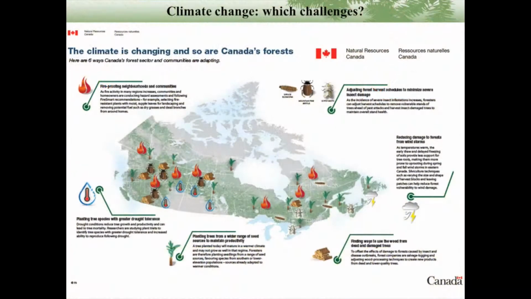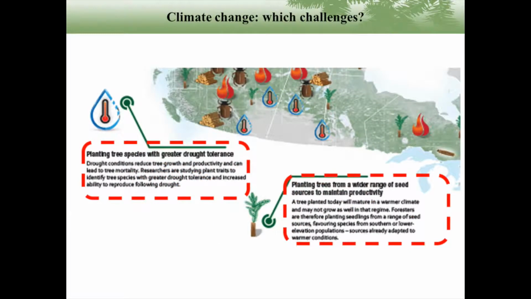Of course, despite climate change, we want to preserve a healthy and productive forest. Insect attacks, fires, as well as extreme climatic events such as droughts have a major impact on forests. Faced with this problem, several strategies can be adopted. In the case of drought, it is necessary to plant trees that are tolerant to water shortage. If we work with a single species, we can exploit the genetic variability naturally present in these species to identify and replant trees that are resilient to future environmental stresses.